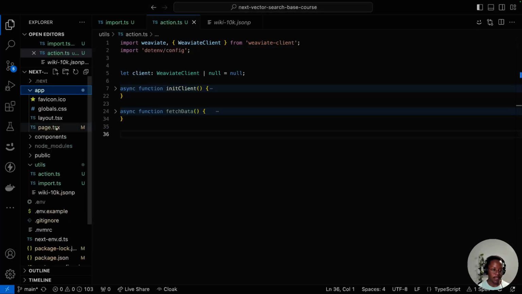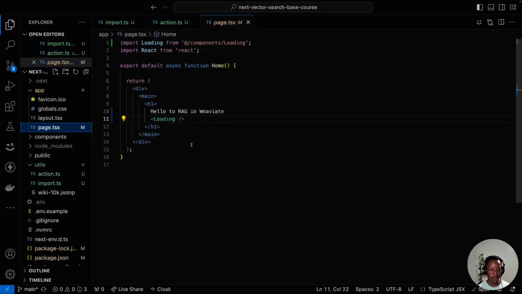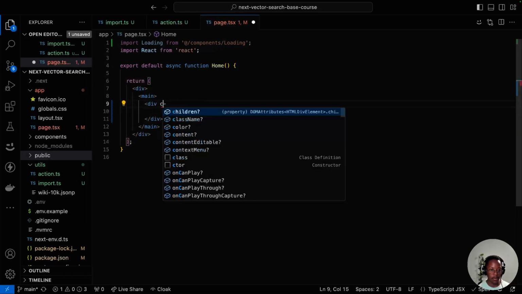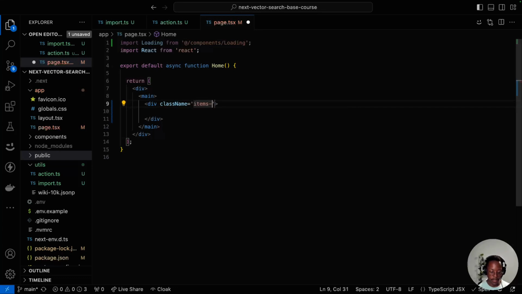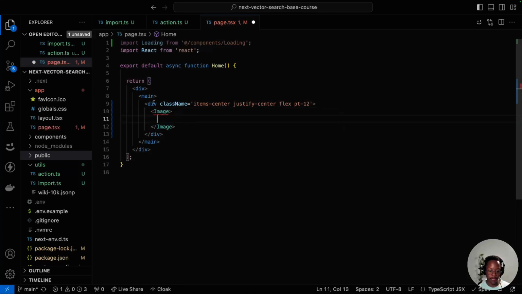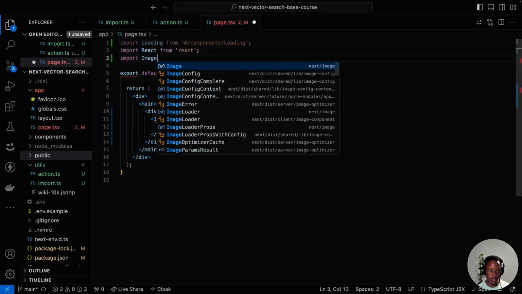And so in app, we'll open page.tsx and start to build out the UI of our application. Get rid of this h1, create a div to house our application. We'll add some Tailwind classes to center our objects and justify them as well. And then we'll give a padding top of 12. Inside this, we'll use our image tag. This is Image from Next.js, so we'll have to import Image from